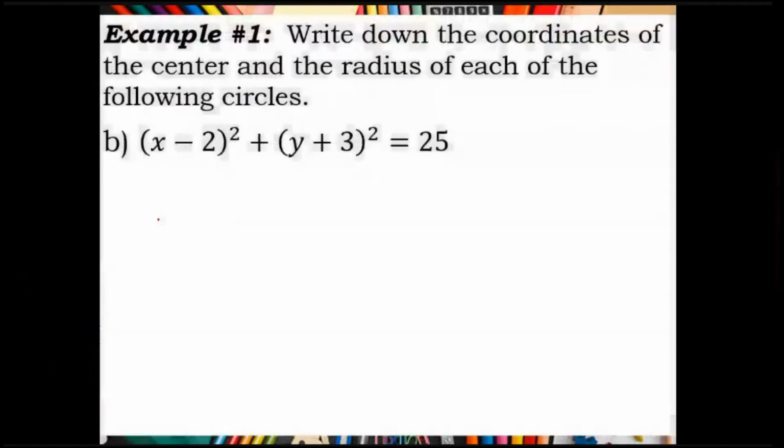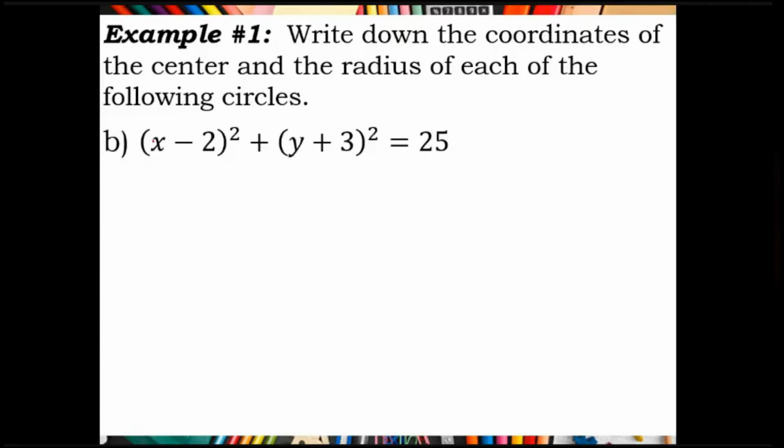Next given. So we have here the square of x minus 2 and the square of y plus 3 equals 25. Like how we did it for letter A, we must check if this given is already in the standard form for us to easily identify our center and our radius. So the first part